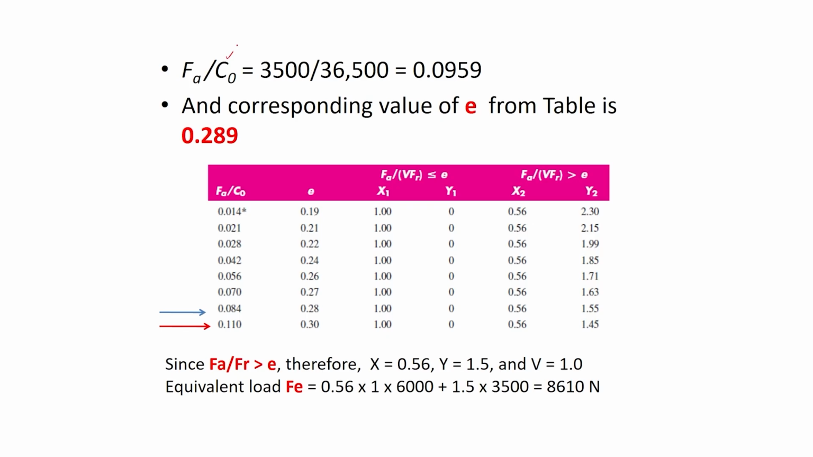Corresponding to the new value of C0, the FA upon C0 is this one, and the corresponding value of E is 0.289. E is this one. So, it will be compared with FA upon FR, this is greater than E, and therefore, X is given by 0.56 and Y will be in between these two values, and it comes as 1.5. V is 0, and so the equivalent load now, after substituting the values of FA, FR and X and Y, comes as